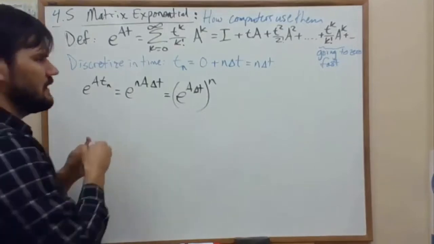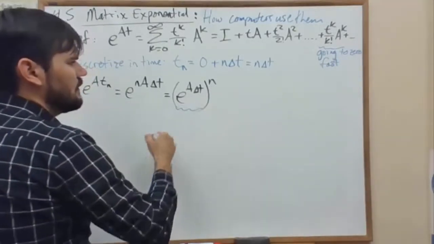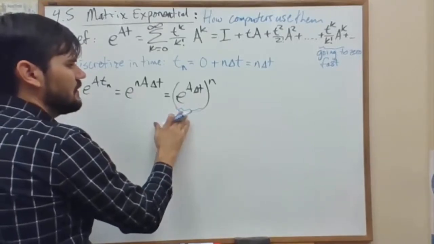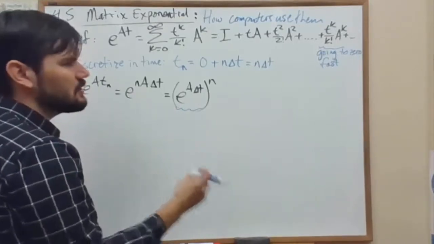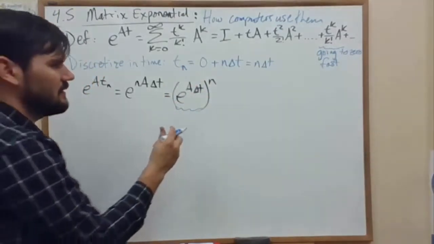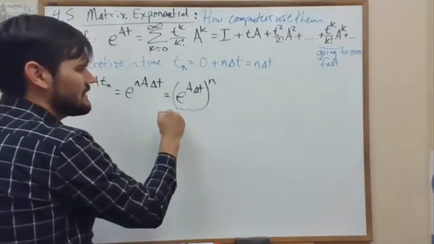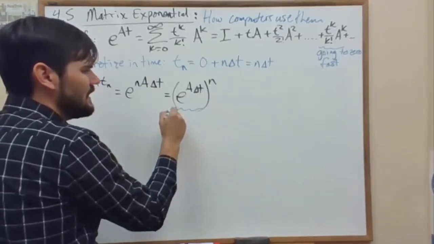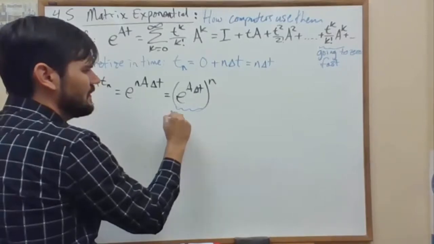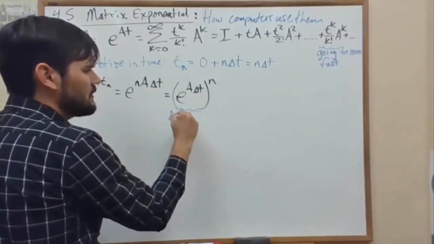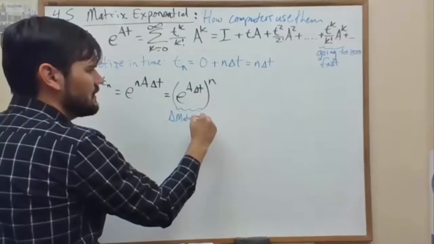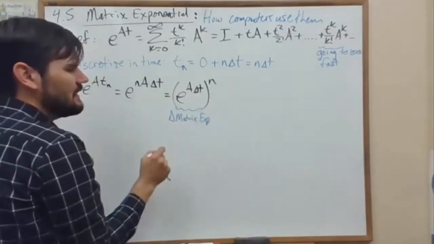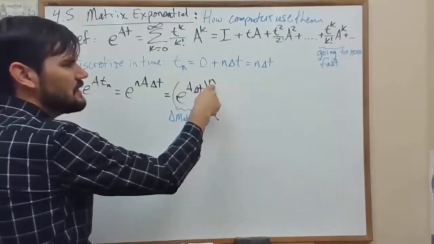So we find the matrix exponential for a small time step. Or you can think of this as the delta matrix exponential. And then we can use that e to the A delta t, raised to the nth power,